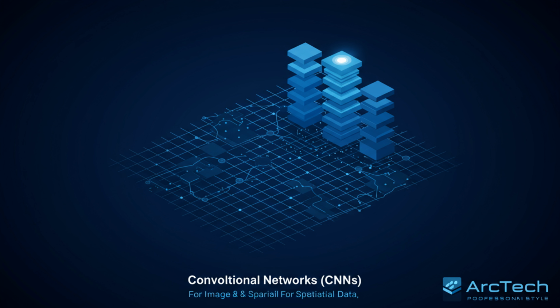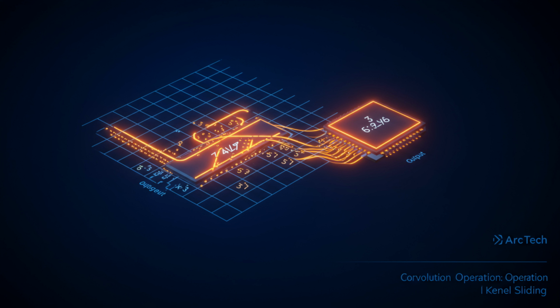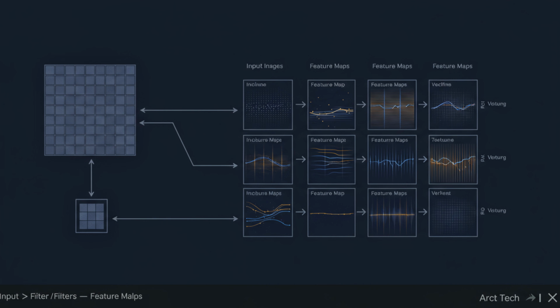instances. CNNs excel at processing grid-like data, particularly images. They leverage specialized layers to detect local patterns and spatial hierarchies. The core of CNNs is the convolution operation. A small filter, or kernel, slides across the input, performing element-wise multiplications and summing. Each unique filter generates a feature map, highlighting where a specific pattern, like an edge or texture, appears in the